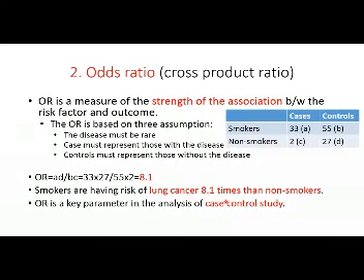Disease must be rare, cases must represent cases, and controls must represent controls, or those without the disease. When we calculate the cross product ratio, cross product means AD divided by BC. Now AD divided by BC, when we calculate, this is coming out to 8.1. Now what is the interpretation of odds ratio of 8.1 in this example of a case control study?